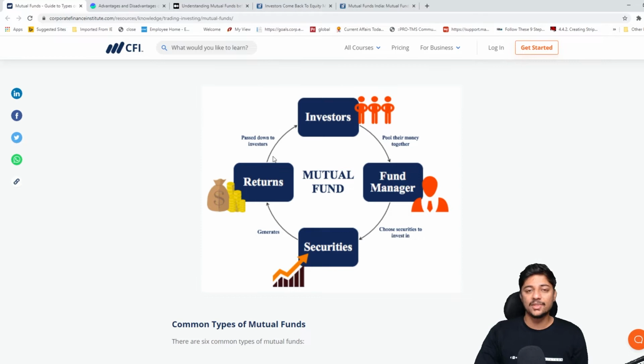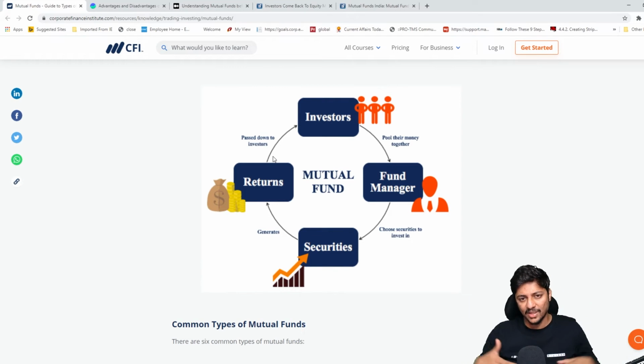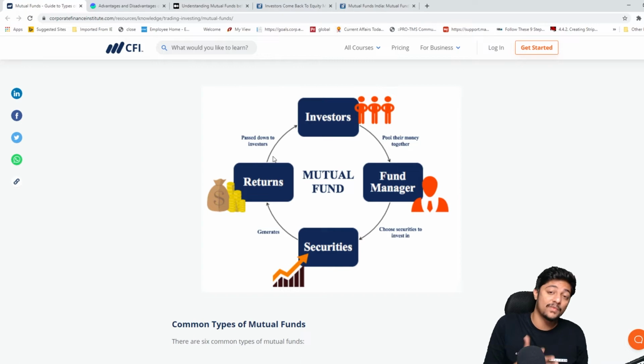So here what happens is, obviously, free mein koi karta hai kya? Nobody does anything for free, right? So these people are like, you know what, I'm pooling everyone's money, I'll give you your returns, but in that, for me doing so much work and effort for you guys, mere ko thoda paisa de do, right? This is the expense. Now different funds have different expenses, right? Different funds have different minimum ticket sizes. So now this is the basic concept of a mutual fund.